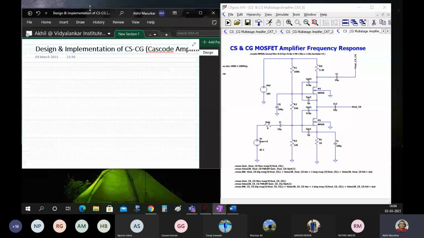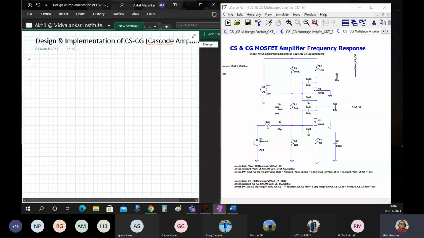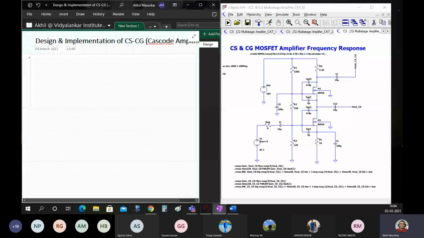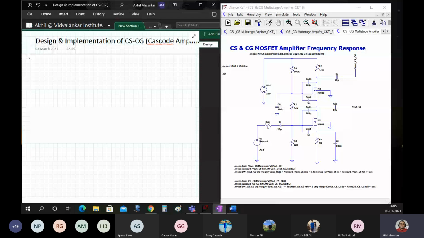Please recollect, this is my circuit diagram, and for this circuit diagram, certain things we have to check. First was the voltage at the gate of M1. We were calling it VG1, so VG1 is equal to